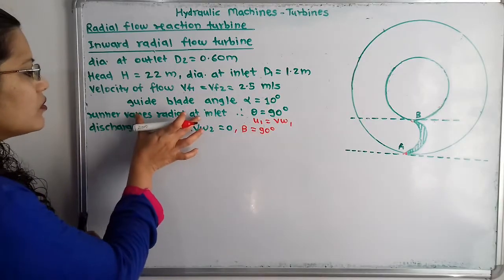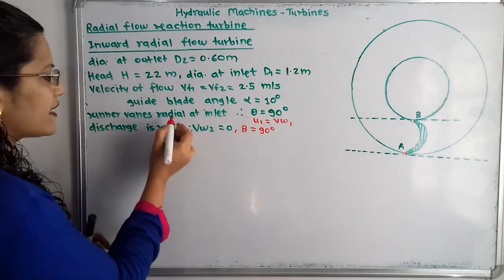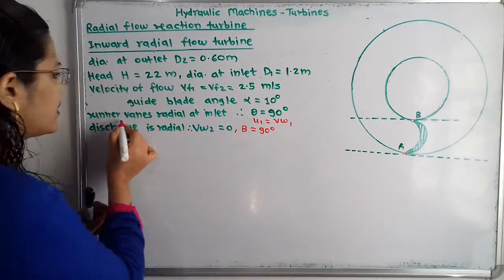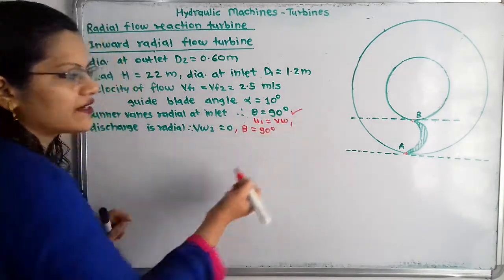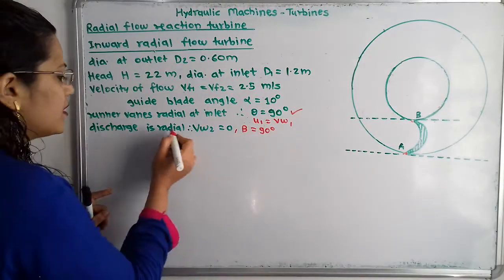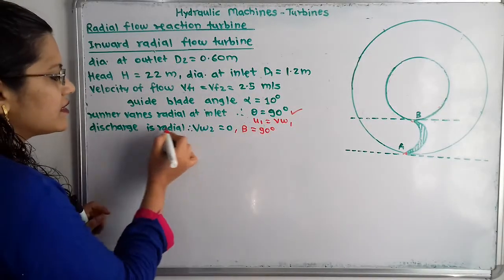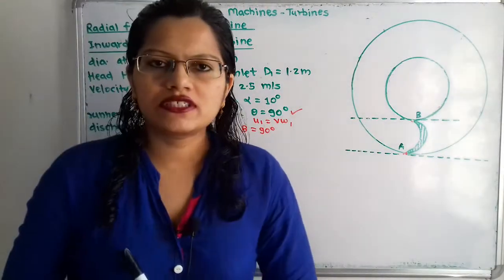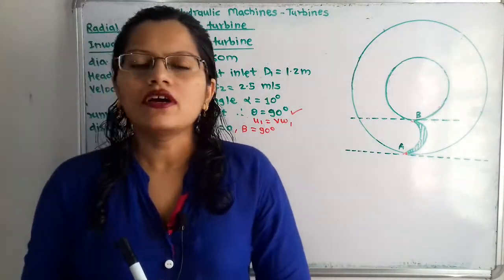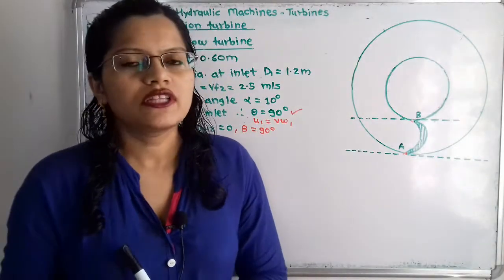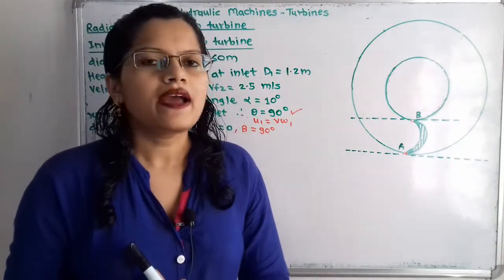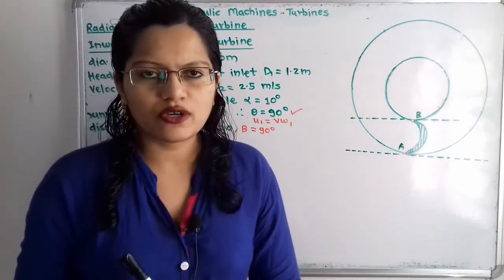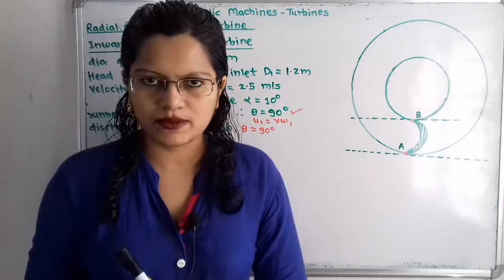So how do we decide the velocity diagram as per these given conditions? Because we have to refer to the condition at inlet when theta is equal to 90 degree and at outlet the discharge is radial. This is the condition that is given. So how to draw the velocity diagram? For that I have uploaded a previous video, on the velocity diagram for different conditions. So please refer to that video, the link is given in the description box.